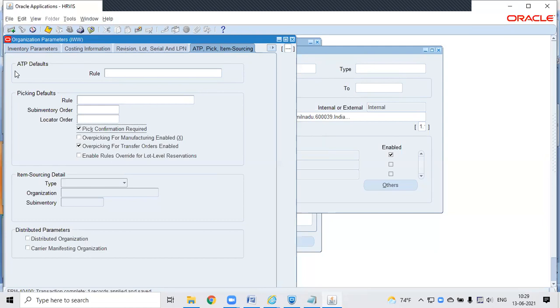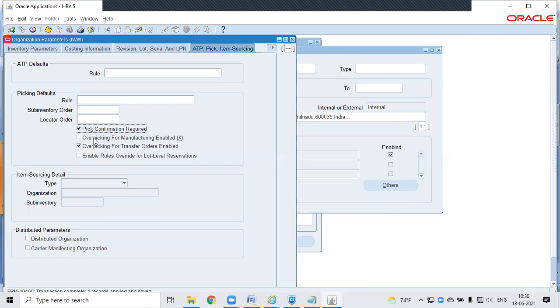No. I'll tell you. There are a few scenarios. For example, you run the pick release, the task will be created and you can go and perform the task. But if you go and create a wave and release the wave, at that point it will automatically do the pick confirmation. It will not create the task. So in that case, to disable the auto pick confirm, we need to check it here so that the system will not do the pick confirmation automatically. It will create the task, and the task will be assigned to someone and the operator is going to confirm the task, pick confirm.